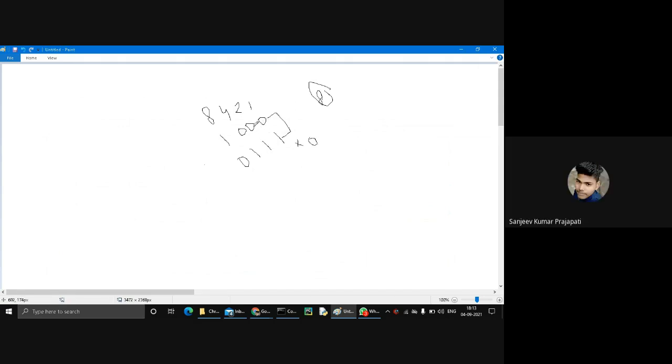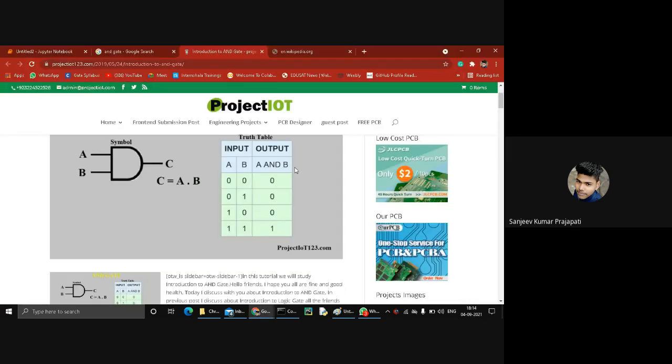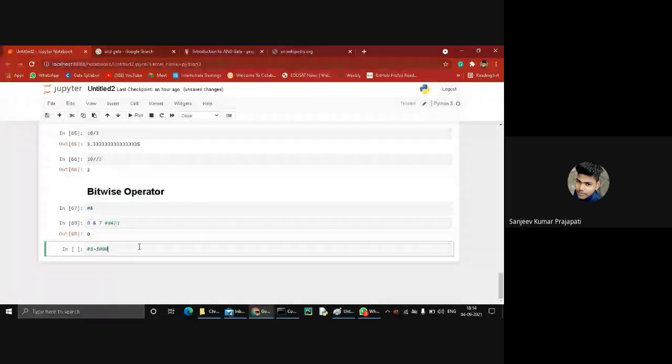In the next condition again the first and second inputs are different, so again we get 0. The third is also different, so we get 0, and the last one is again 0. So the final outcome is 0. I think it's clear how the AND operation works.